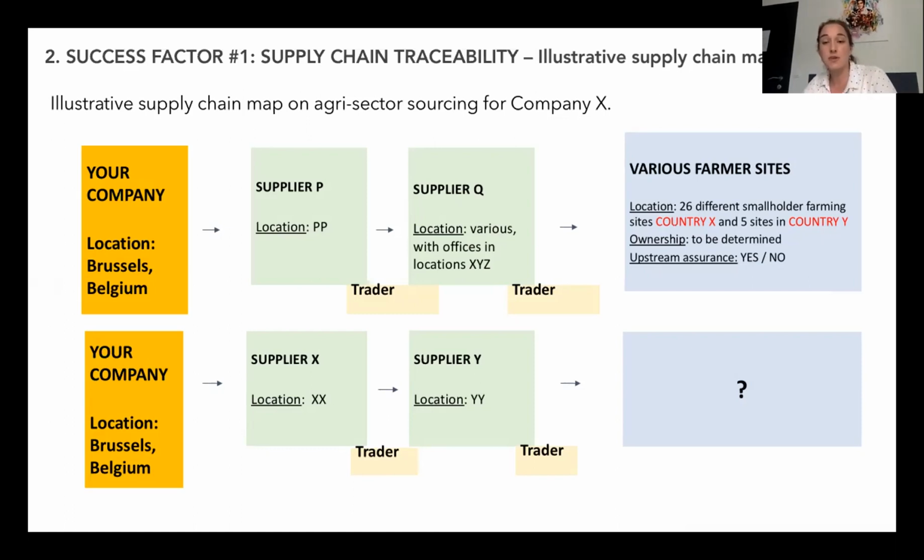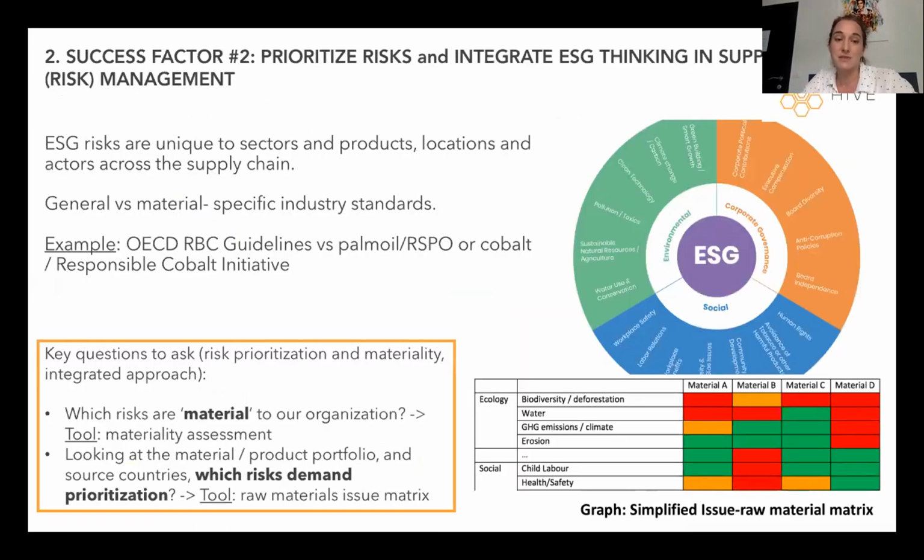Typically nowadays, upstream assurance mechanisms exist as well. Those are industry standards that really work at local country level. And they can be very useful when you know that your final suppliers are part of one of those mechanisms. Well, another success factor is really to